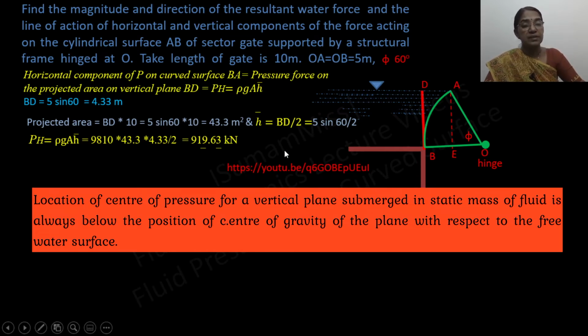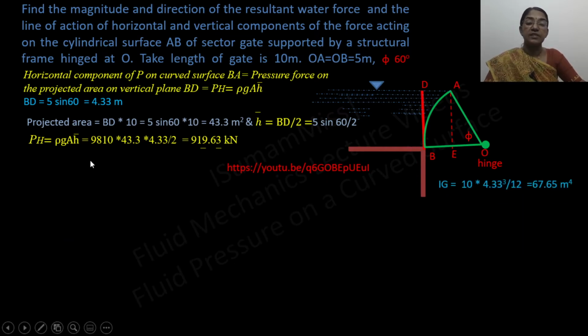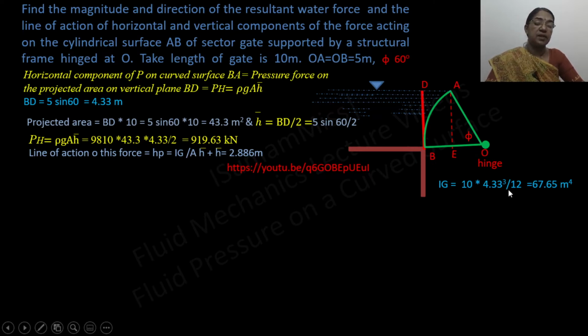How to calculate the center of pressure for a vertical plane that is immersed in water is given in this video, so you can refer to this. So the line of action of this horizontal component can be calculated as Ig by A H bar plus H bar. This plane has length 10 and depth 4.33. So Ig equal to 10 into 4.33 cube by 12, as the equation is bd cube by 12, that is equal to 67.65 meters raised to 4. H bar equal to 4.33 by 2, so H bar equals 2.886 meter. So you can watch this video that will give you the procedure of how to calculate the center of pressure